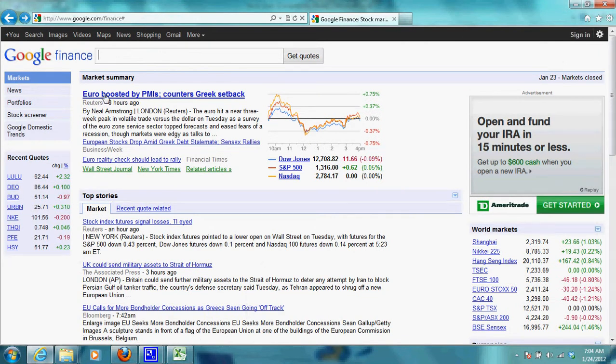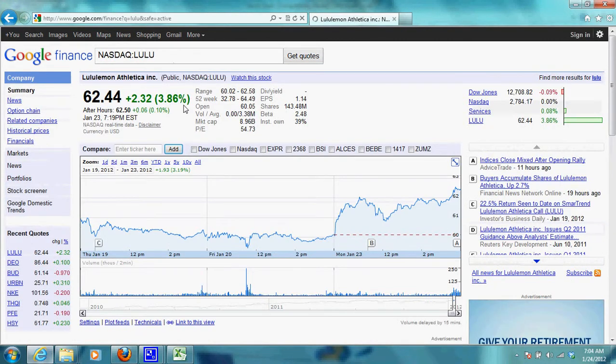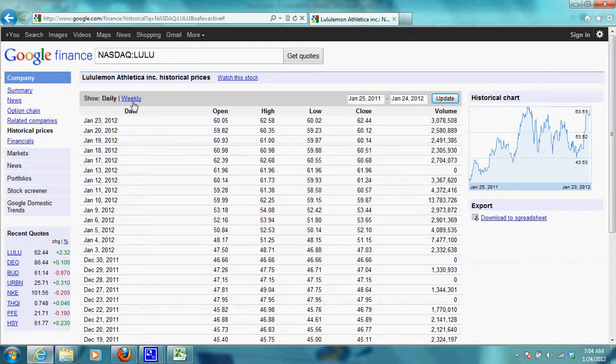So if you go to google.com/finance, type in your stock. I'll type in one. And then click on historical prices over on the left hand side. Then you want to click on the weekly,